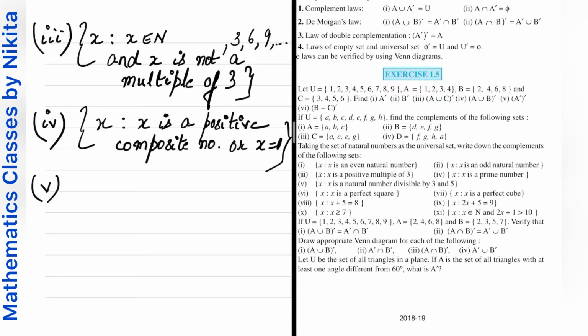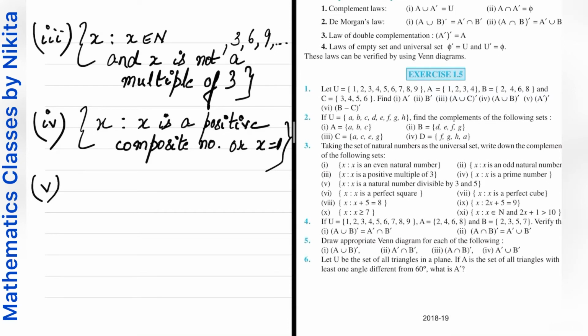Next part is all those x such that x is a natural number divisible by 3 and 5. Now divisible by 3 and 5 means both the numbers. तो और लगा हुआ है तो इस सेट के अंदर कैसे नंबर्स आ जाएंगे? सो जस्ट फर्स्ट ऑफ ऑल जस्ट सी द सेट नेचुरल नंबर्स विच आर डिविजिबल बाय 3 and 5. सो दैट मीन्स दे आर डिविजिबल बाय द नंबर 15.